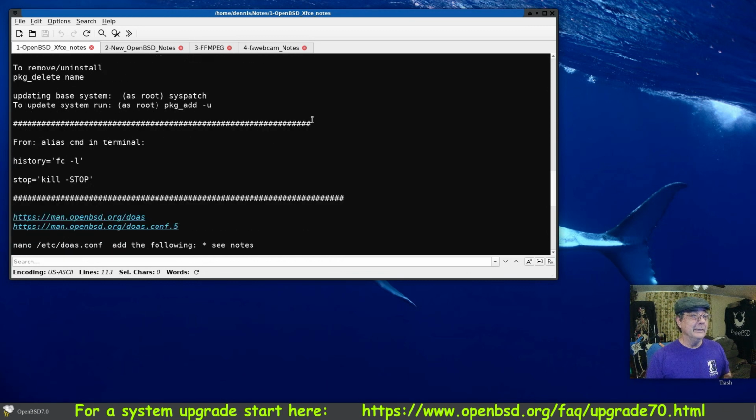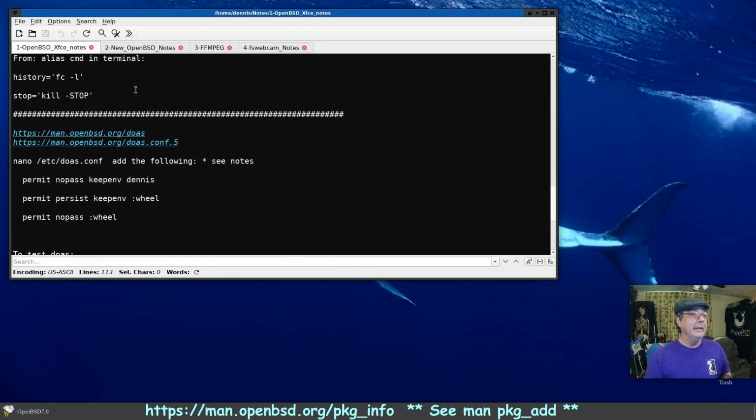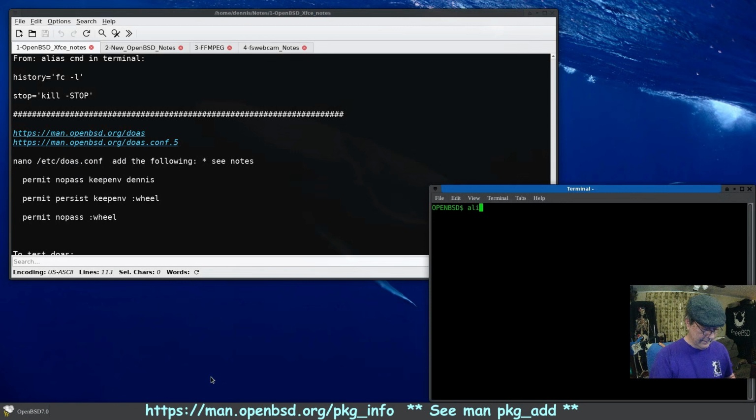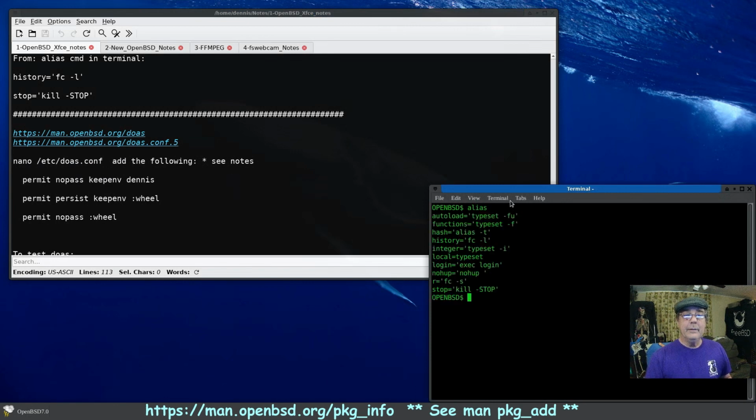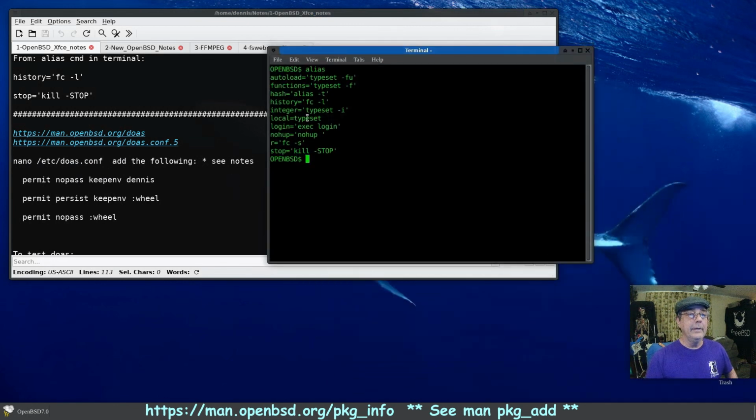All right, so upgrade the system. We'll just do that. I did find, if you go to a terminal and you just type in alias, you'll get the aliases that are already in here. And this one right here caught my eye, history. If you're running in a terminal and you're doing repetitive commands over and over, and you want to go back, sometimes you have to arrow key back until you can find it. Otherwise, you can just type in fc -l,